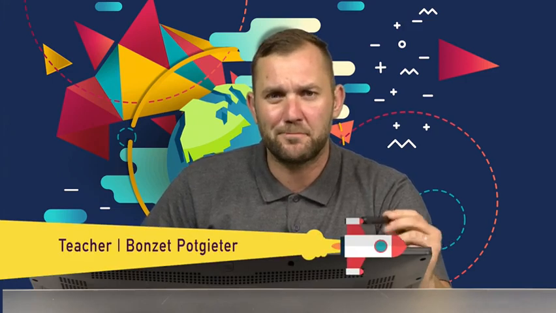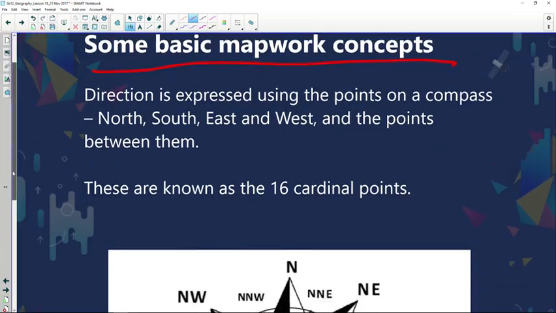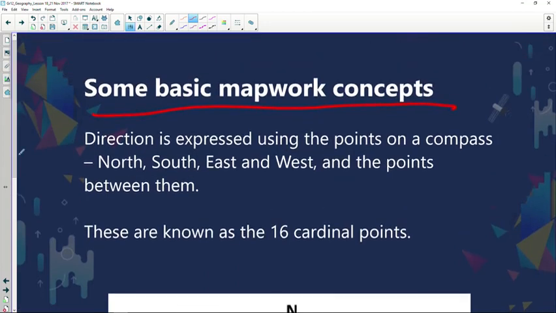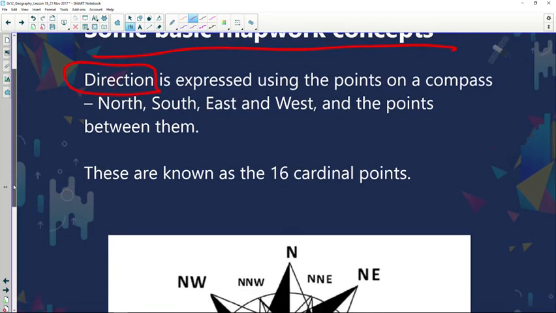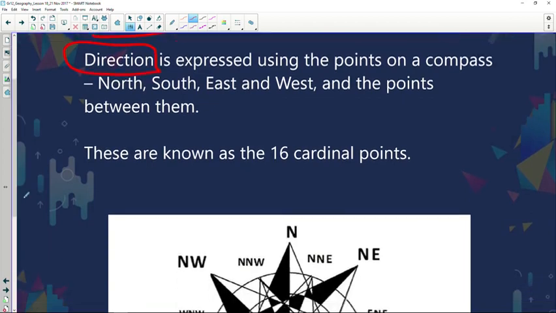Welcome back after the break, guys, and let's continue with some basic map work concepts. Now, first of all, the first thing I want to discuss with you is direction. The first time you were introduced to direction was in grade 9. To determine direction, we use our 16 cardinal points: